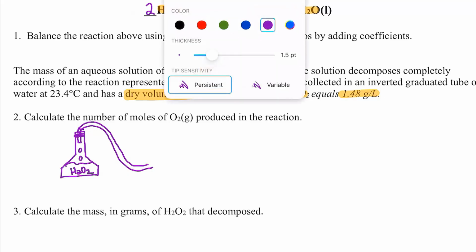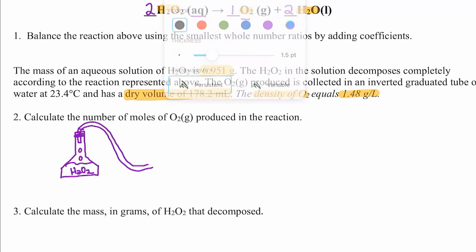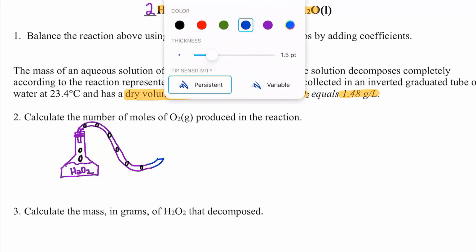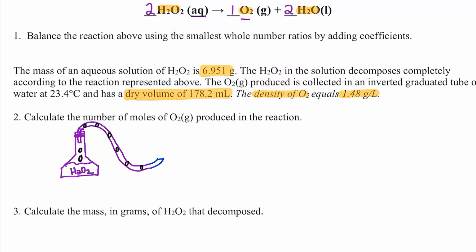Let's change that color to a black little circle. And these gases will travel. Okay, these are little bubble gases. You can't see them, of course, but they're going to travel into this tube, and we're going to collect water by water displacement. This is going to make more sense when we do the lab, but I want to do the math anyway. And now we're going to have this tube inside a container that's filled with water,